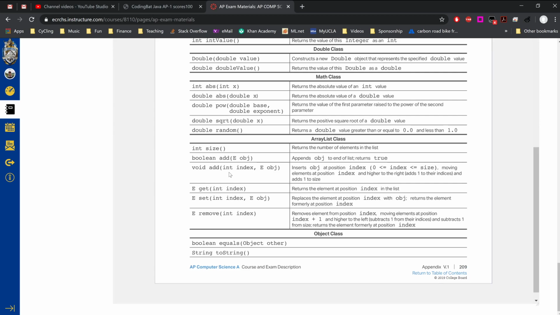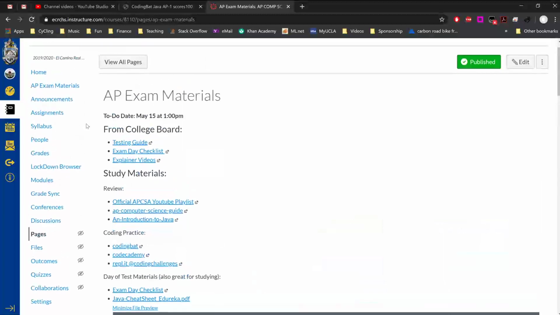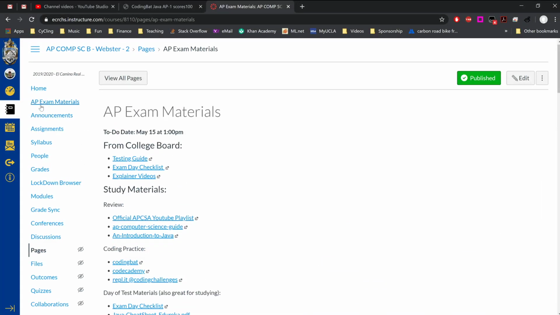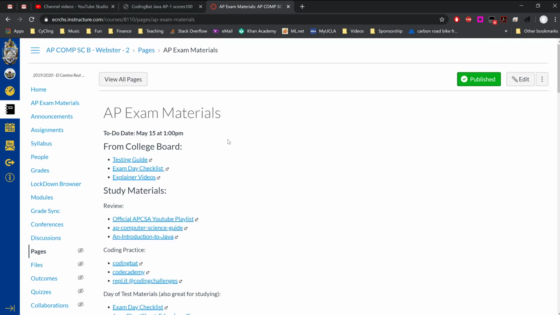Yes, everything I just showed you is linked under the AP materials page on Canvas. You can see it right here, linked just below the home button on the Canvas page. So you can have all of that. I also have links to Coding Bat, Codecademy classes, Replit coding challenges that other people have written, your exam day checklist, and of course, hopefully all of you have gone through the module for preparing for the AP exam,